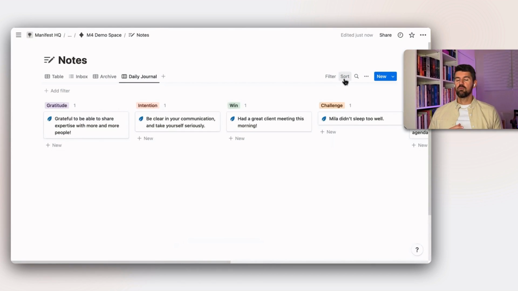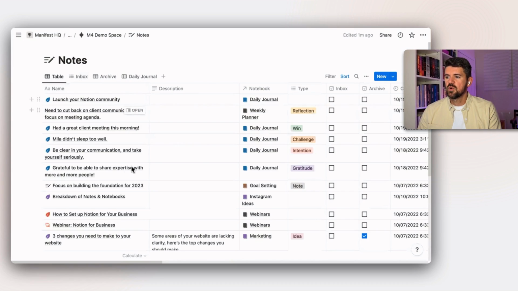But the same thing would go for if you're setting intentions for projects or if you're writing down goals. You could filter to only show those notes, which is something where it's massively leveling up when we compare it to a physical notebook. It's very hard to find specific notes that I'm looking for in previous notebooks, like physical notebooks. So that's just to give some context as to